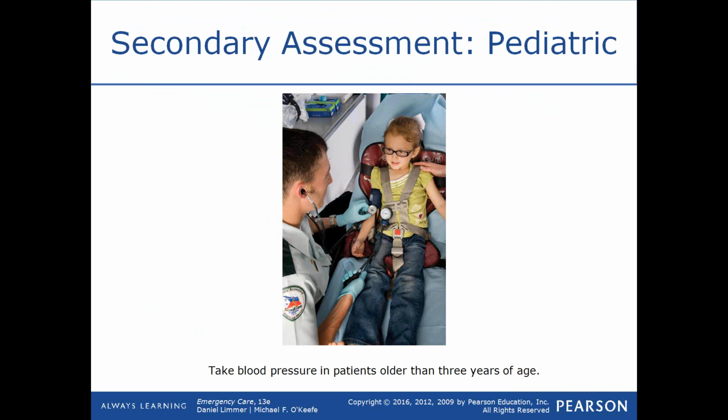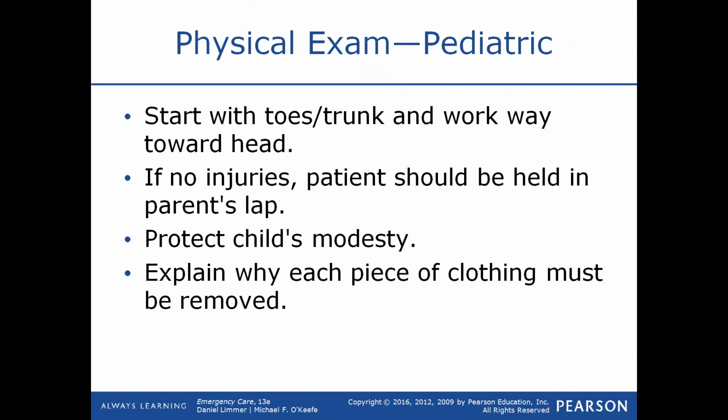Again, they're saying take a blood pressure, but only in children over the age of 3, because it's really difficult to get blood pressures in children. Again, starting with the toes of the trunk and working your way towards the head might be a best approach with children. If there are no injuries, again, the patient can be held in the parent's or caregiver's lap. If you're going to remove clothing, protect the child's modesty, because even young children want their modesty respected. Explain why each piece of clothing must be removed and then put it back on when you're done with your